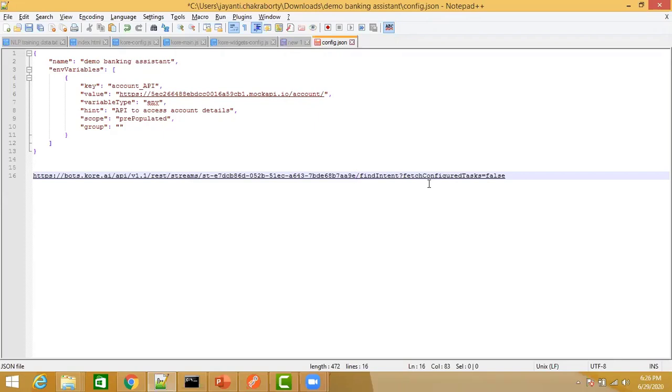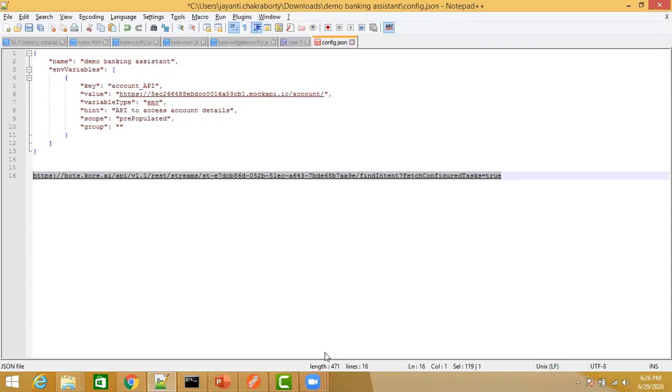By default, you can see configured tasks is false. That means it will only try to find a related task out of the tasks which are published. But if you want to also check in your configured list of tasks, then you have to make this true.